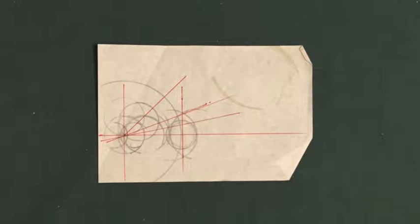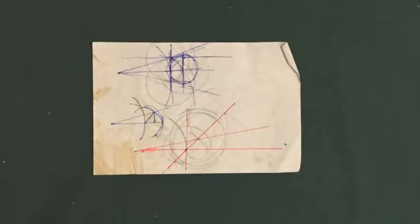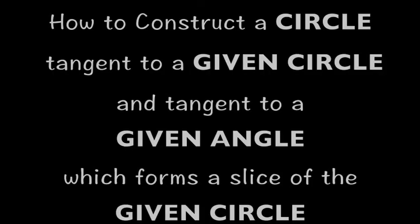But I could not let go of the geometry problem. It occupied my idle moments at home and at work for longer than I care to admit. I knew that it was solvable, but I couldn't see the solution. Eventually, though, I cracked it, I solved it, and this is how you construct a circle tangent to a given circle and tangent to an angle, a given angle, that forms a slice